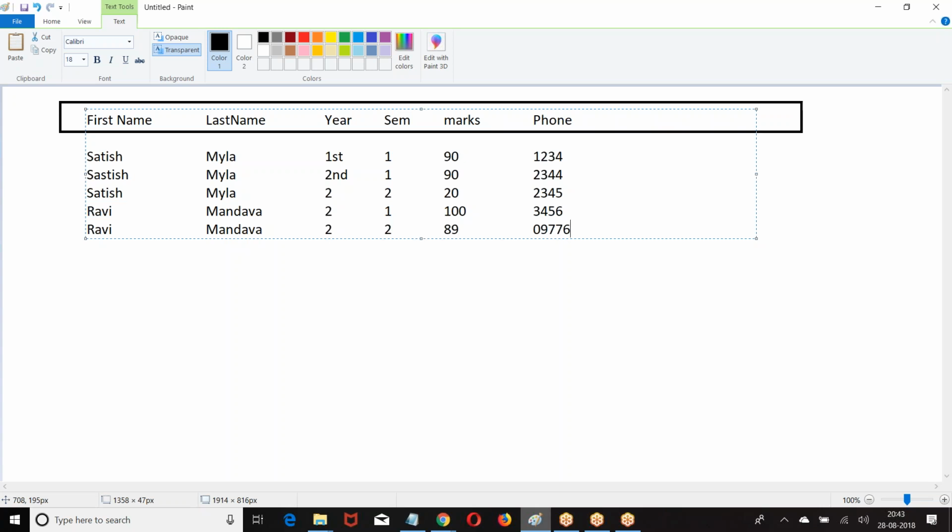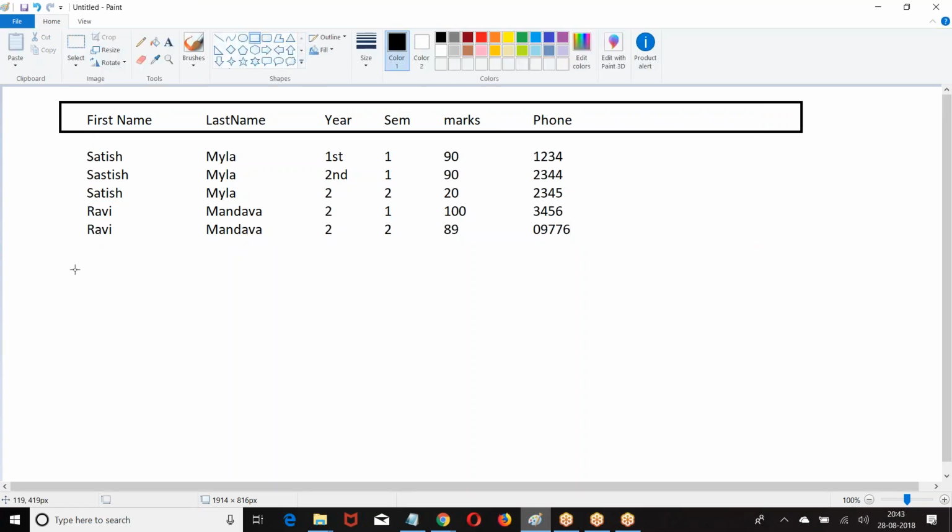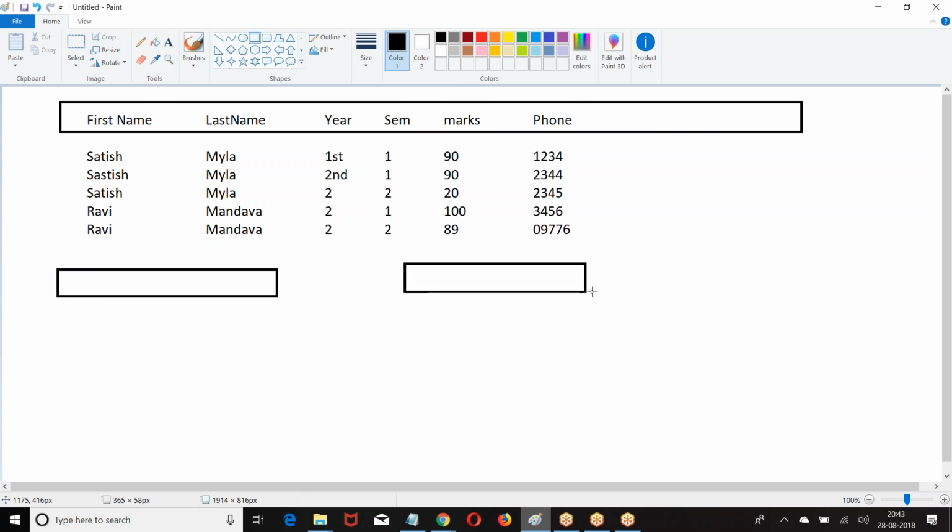Now in this, what is happening? Some data is redundant. The same data is repeating a number of times. That is redundancy. So what are people doing? Instead of entering the same data multiple times, they split the table into multiple tables, so that they can search for the data easily and improve performance.